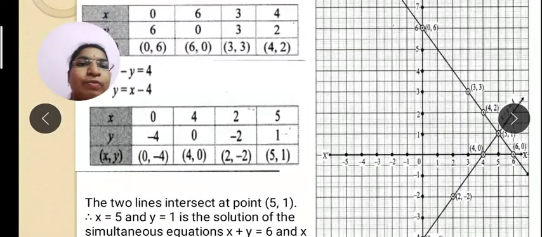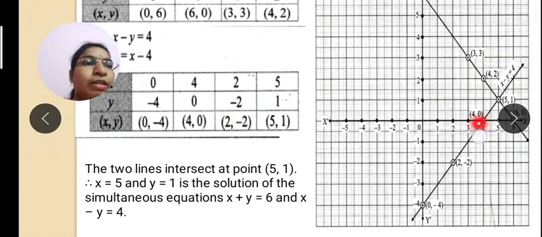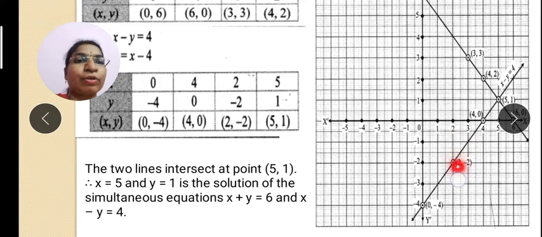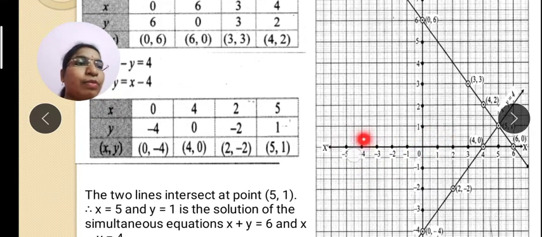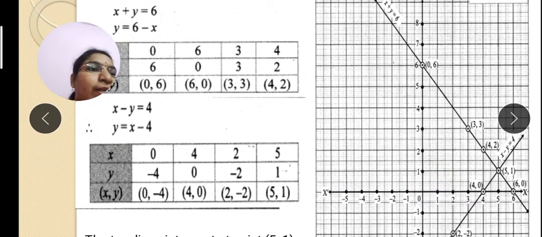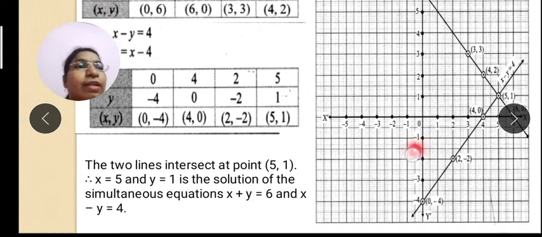Okay. Now this 4, 0. 4, 0 is here. 4 is the x coordinate, y coordinate is 0. Therefore, it is on which axis? Obviously, the x-axis. Then 2, minus 2. 2 is the x coordinate and minus 2 means it will come in the fourth quadrant. This also we learn, according to the point, which point is in which quadrant. Okay. And after getting 5, 1, the last point, it will come here.